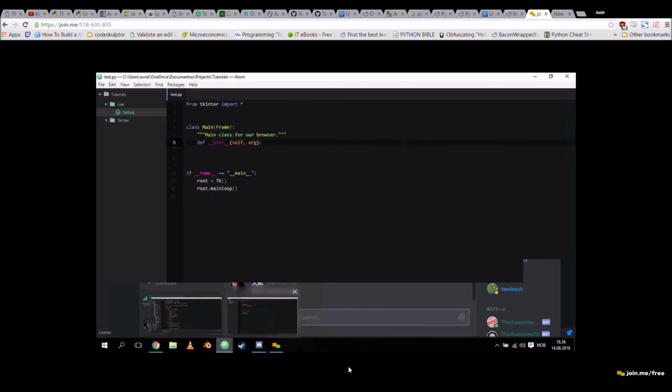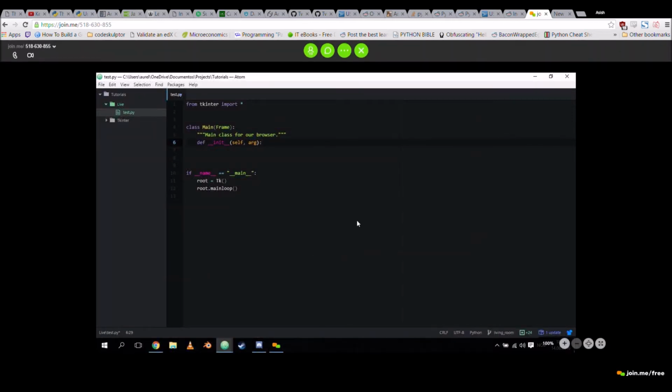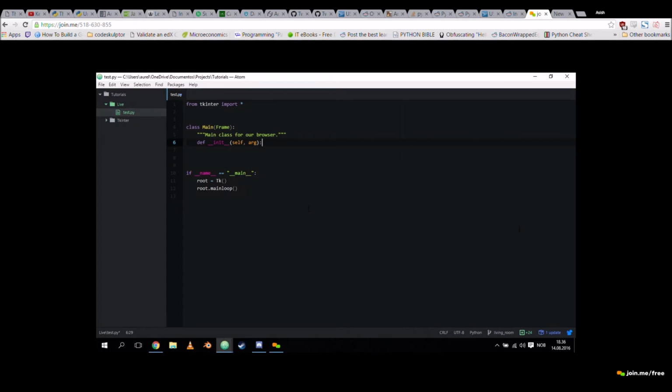All right, so this is a more advanced way of using Tkinter. Instead of putting everything in an imperative style just down the line, we want to use classes because that's how we can pass stuff around and all that. And the class inherits from the widget that we're using.